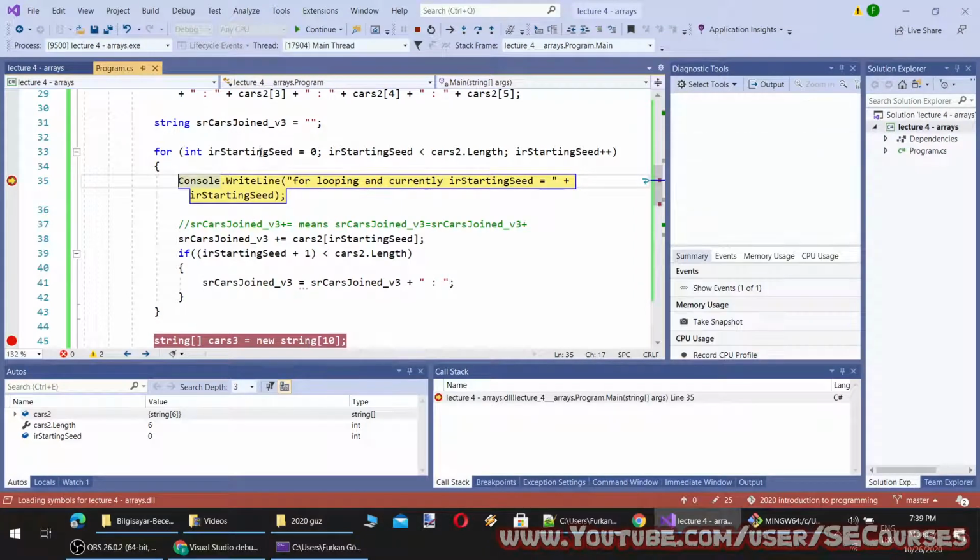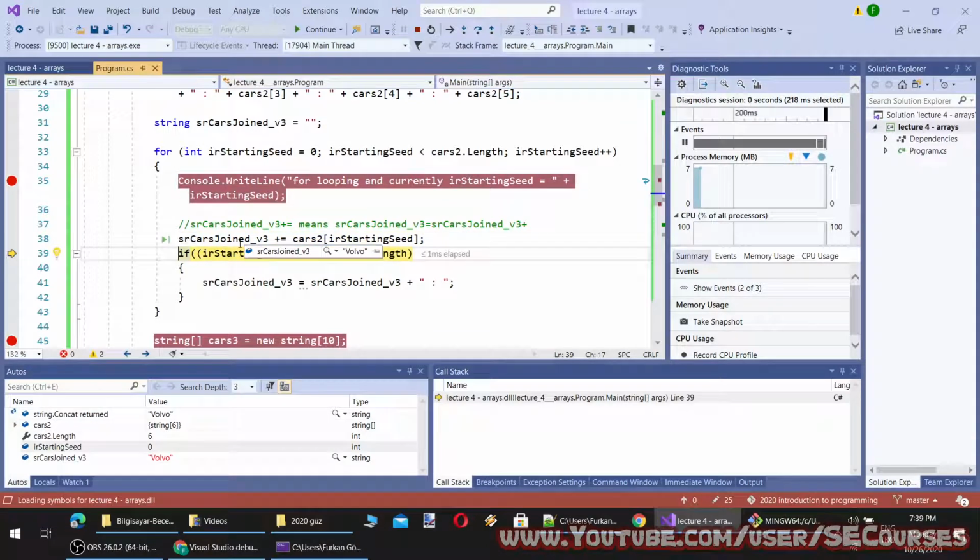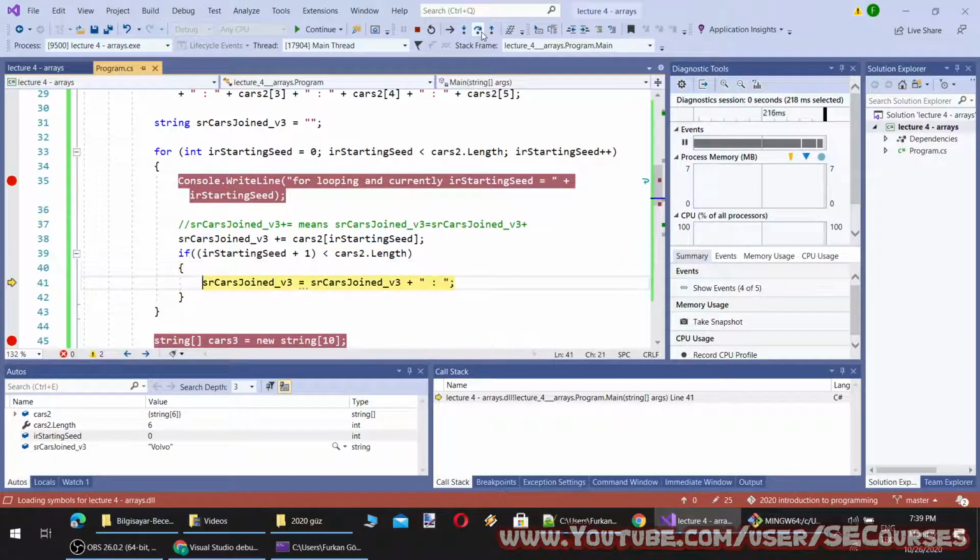Okay, so cars joined version 3 is an empty string at the moment, and it has added the first value of cars 2 at index 0, because our starting seed is currently 0. So it is taking the first value of cars 2 and appending it to this string. And if starting seed plus 1 is smaller than the length of cars 2, I'm going to add our separator. Okay, so it is added.